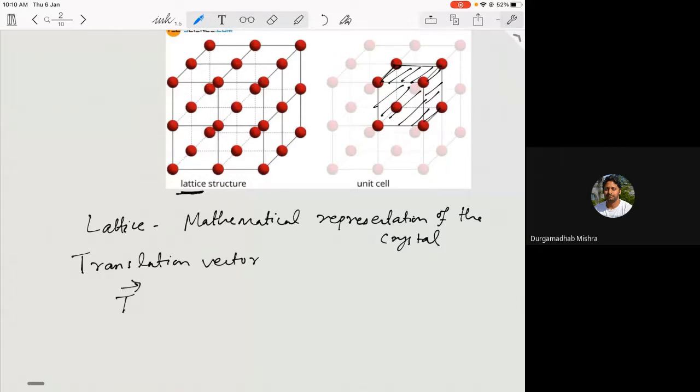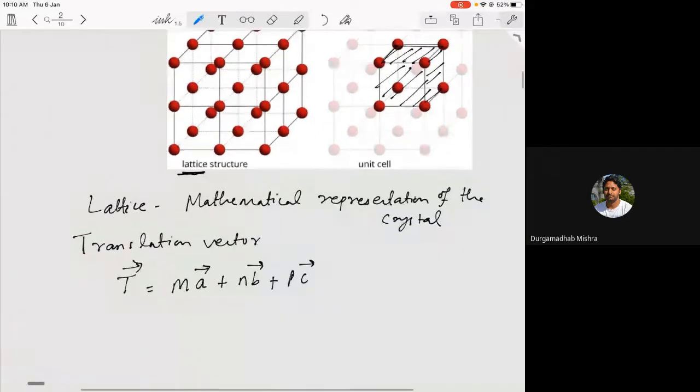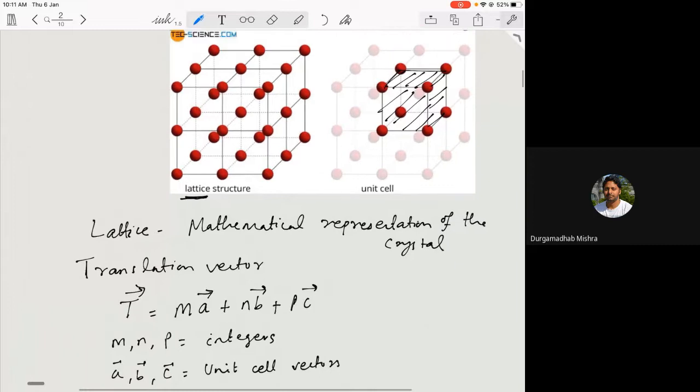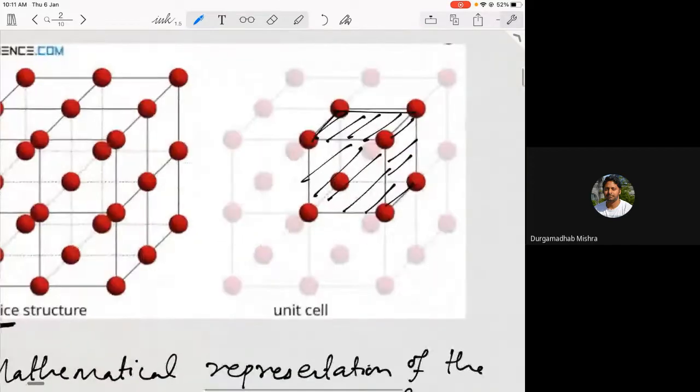So let's call it T, and this can be represented by this component form. So let's say M A plus N B plus P C. So something like this, where M, N, and P will be integers, and A, B, and C are the unit cell vectors. So here, when you look at this cube here, we can define, let's say this is A,